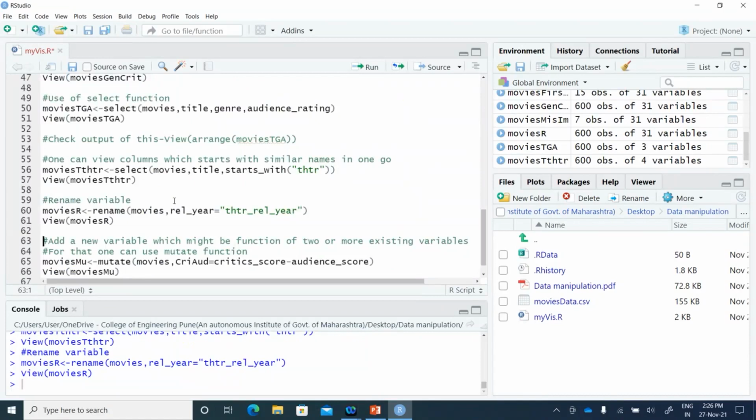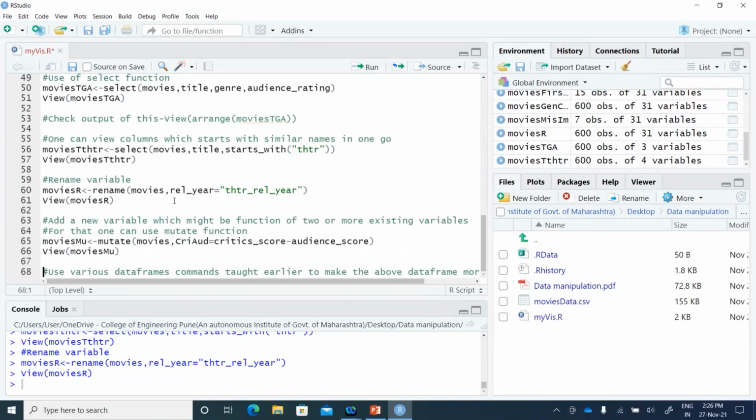Okay. So we have seen how to filter, how to arrange, how to rename different variables. Now I may need to create new variables which might be a function of two or more existing variables in the data frame. For that, we need to use the mutate function. The command is mutate, then the name of the data frame, and then the new variable, which I would define.